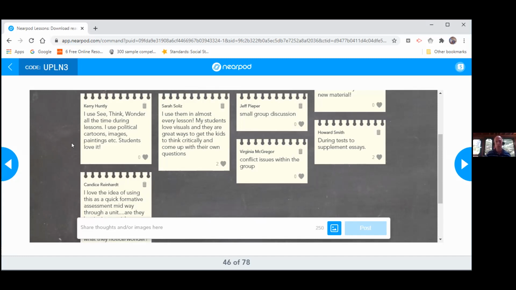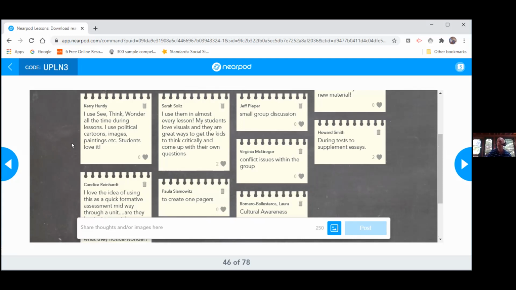Okay. Yeah, the Notice and Wonder is a DBQ. You're asking those questions and, you know, getting them to do that analysis we want students to do. It could be used as a portion of your assessment also. Yeah, definitely. Because cultural awareness. One of your standards is about asking questions, asking compelling and supporting questions. Yep. That's in your standards. So, and it's not us doing it, it's your students doing it.